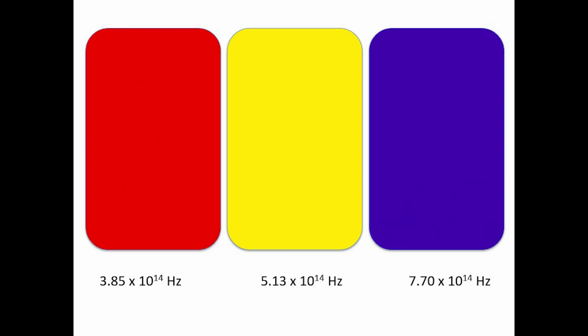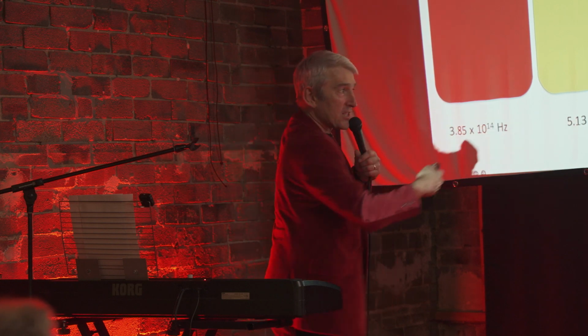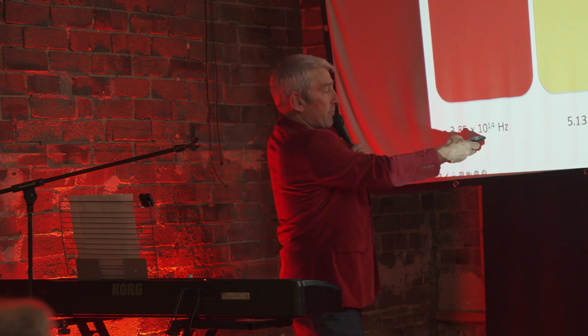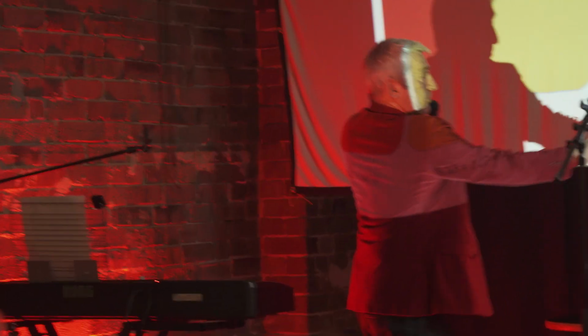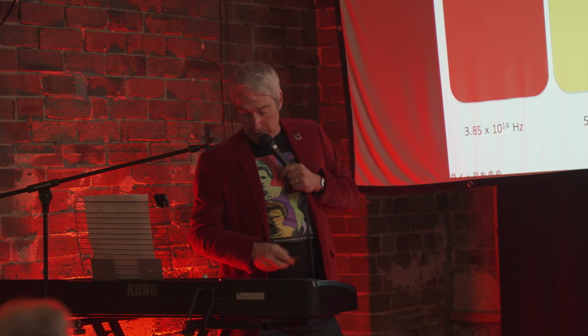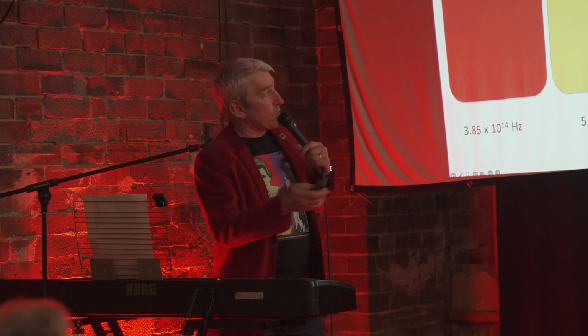Okay, so there you go. We've got waves happening. Now according to Microsoft PowerPoint, these are the exact frequencies of the colours: 3.8 by 10 to the 14, 5, 7.7 by 10 to the 14 hertz. And if I put this at A, it's 440 hertz, and so on. Anyway,